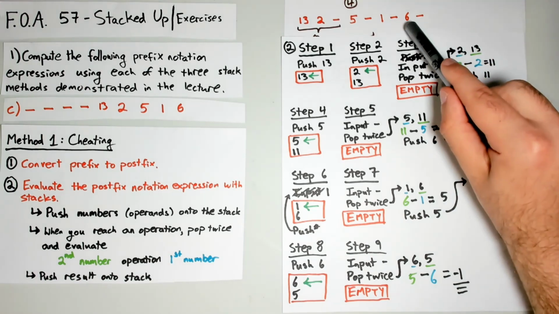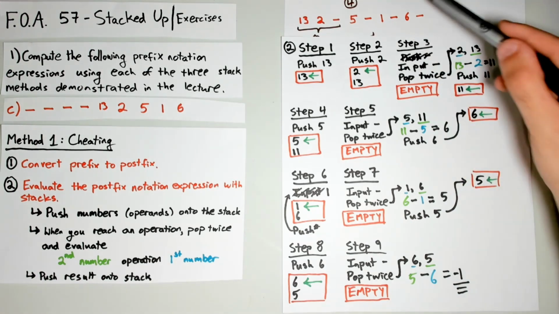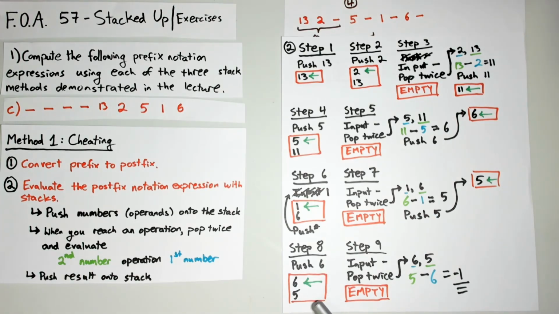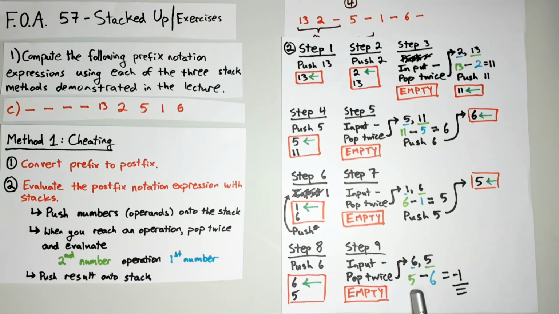Okay, we have one more number to combine with this 5 here, and we're going to do it with subtraction. So we push the 6 onto the stack, getting our operands or our numbers ready to go, and then we input the minus sign, which is telling us to subtract, so we pop twice to get our numbers out, leaving our stack empty. The 6 and the 5, evaluating in the opposite order with the subtraction, we do 5 minus 6